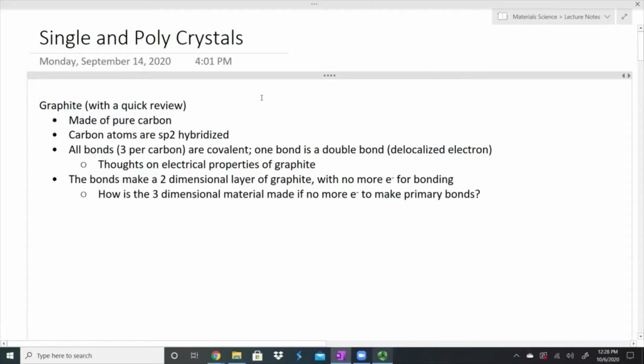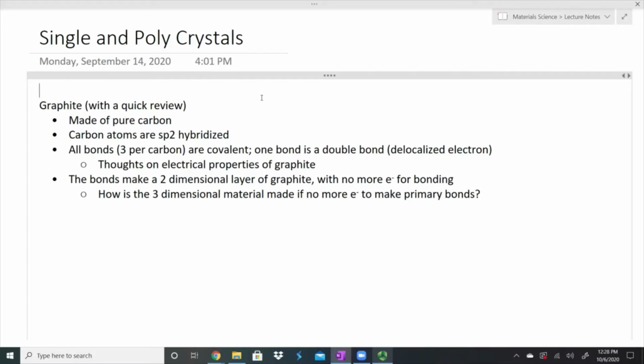To continue talking about crystals, crystal structures, we're going to do a quick review here, and we're going to talk about graphite. As we talk about graphite, it's going to be a specific example. We're going to talk about a lot of things that we've discussed previously, maybe hint to some things that we will talk about as we get further into the course, and hopefully start putting some of the theory into action,